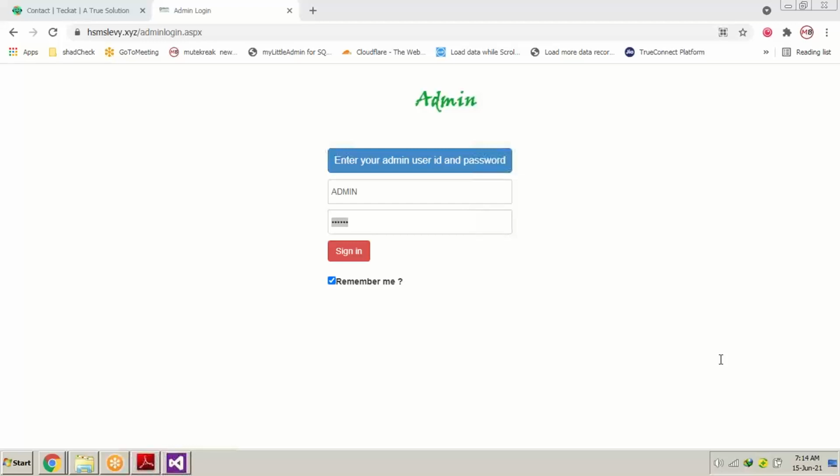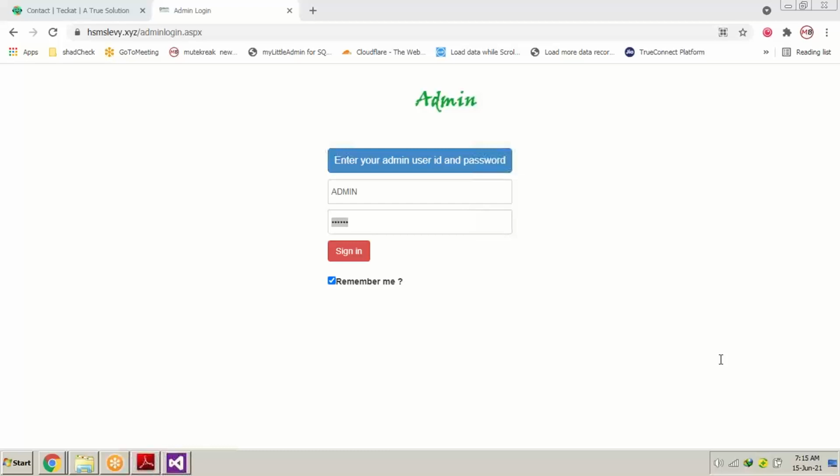Because at the end, what we have to do is upload the entire pages to the server. And the server supports framework 3.0, 3.5, 4.0, and 4.5. I'm going to tell you what the framework versions mean also. When we upload or host some page on the server, it doesn't ask on which version you have made your software or web application, whether it's 2008, 2012, or 13, 14, 15. It asks which framework version you have been working on.